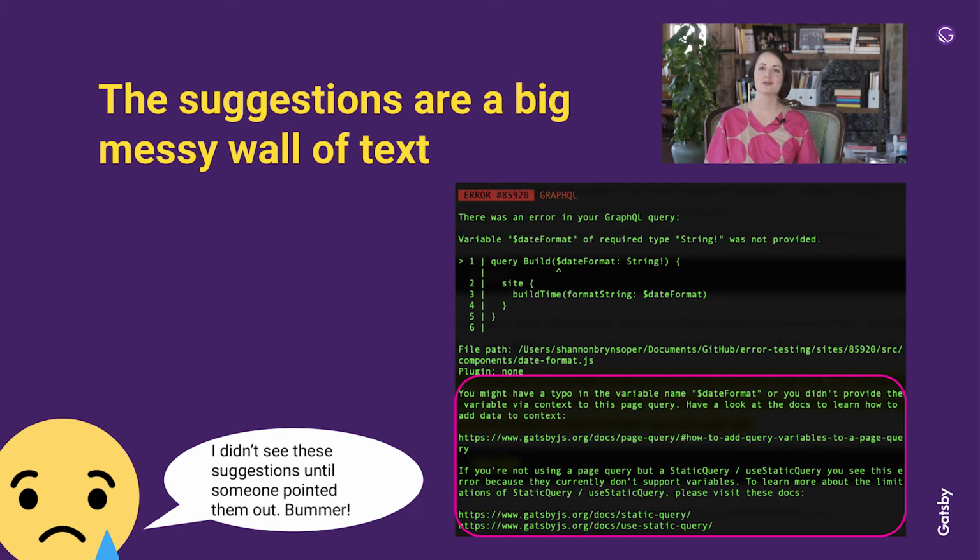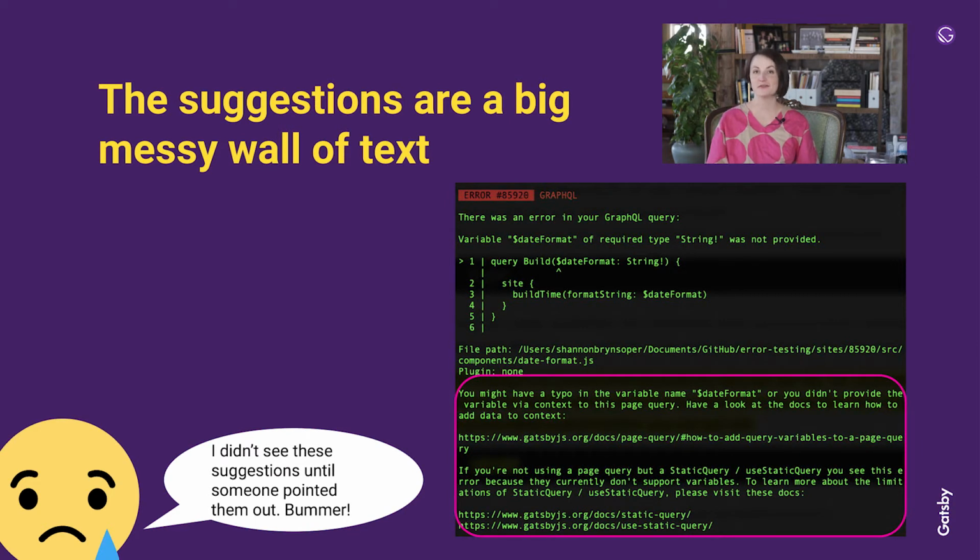The first thing that we learned is that the suggestions in the error messages are kind of hard to read. Basically, they are a paragraph of text, and it's not clear that they're relevant to the error message that's above them. In the slide here, you can see them in a pink square, and basically when people look at these suggestions, they scan over them because it looks like irrelevant information.